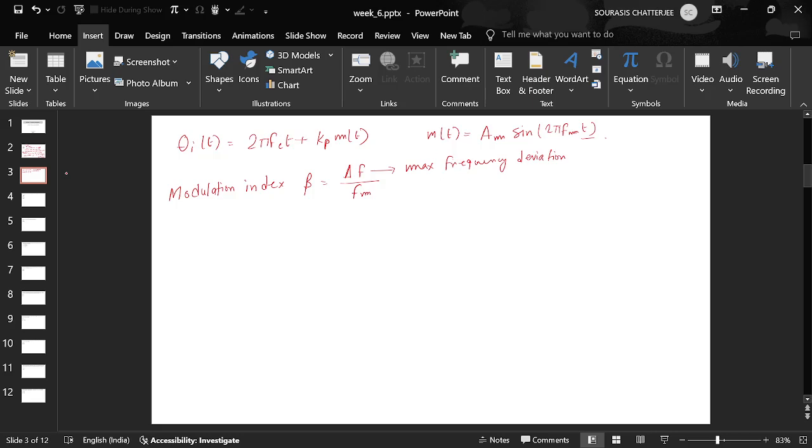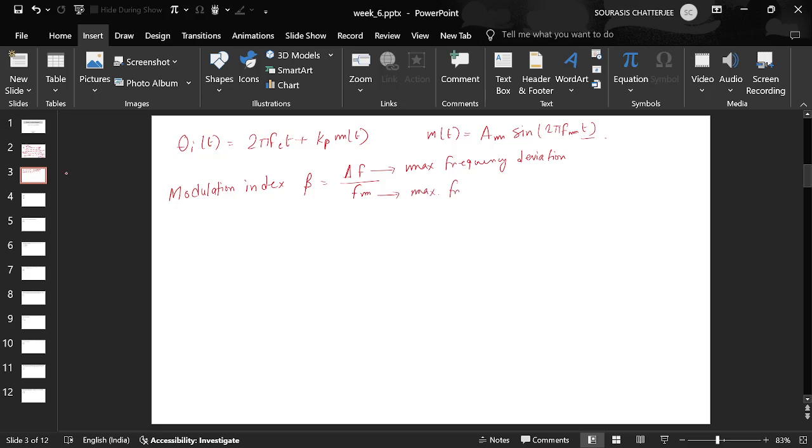Basically you are modulating the phase of the carrier with the message signal, that would lead to a change in the instantaneous frequency of the signal, and what is the maximum frequency deviation possible. So that is what del f denotes, whereas fm denotes the